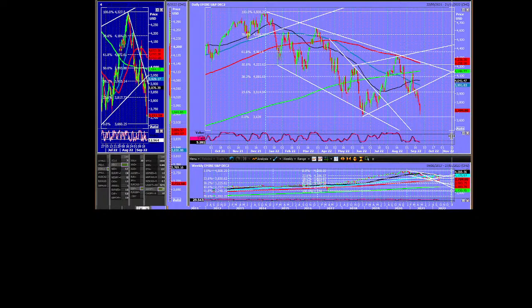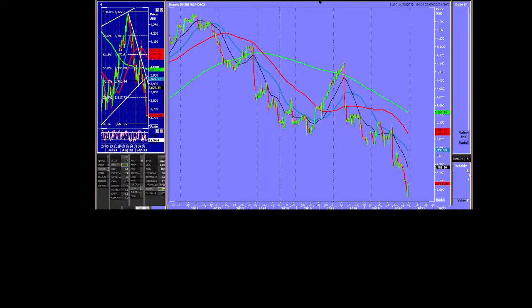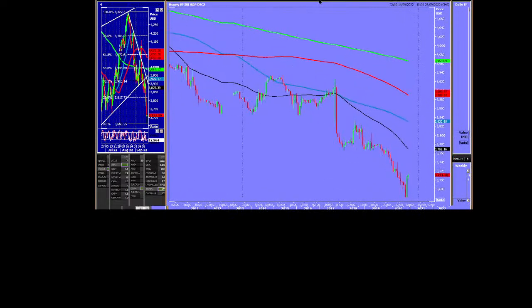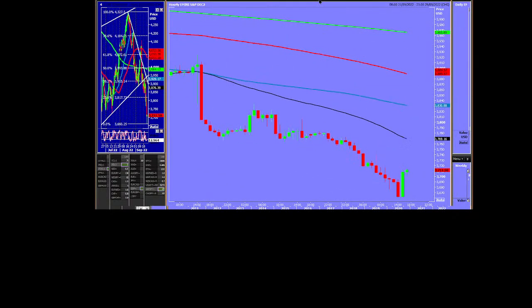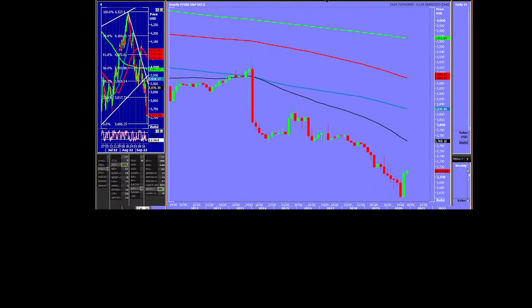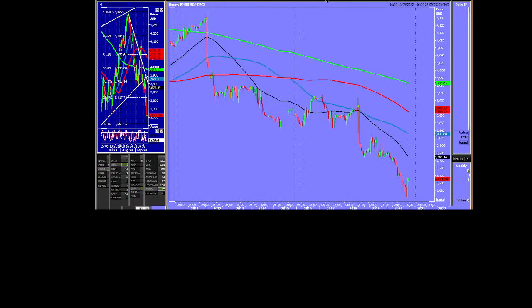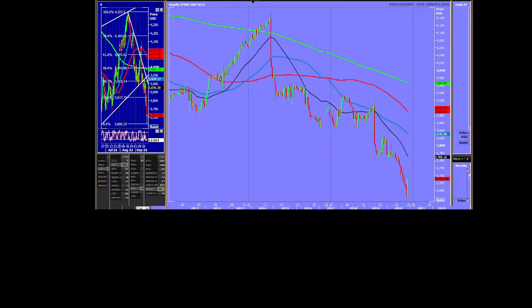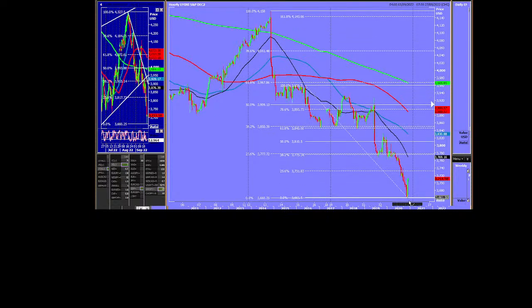Right. If we look at the hourly chart, there is actually quite a bullish candle. Is it a bullish engulfing? No, not quite, because we didn't make a new low. But we got a decent bounce back. There, you can see the green candle on the hourly chart. I don't think we're going to get a double bottom low. I might be wrong, and I might really have egg on my face, and I might have a hole in my account as well because I'm still short. So that's going to panic me if I'm wrong. But I just don't think that this is the beginning of a bull run.